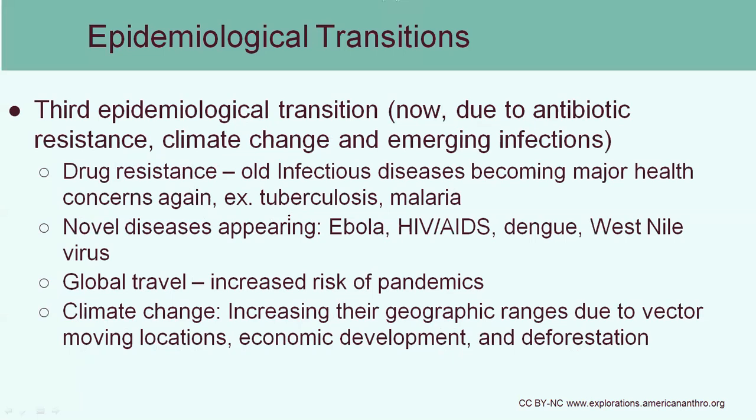The third epidemiological transition is happening right now. And the idea is that in the early 1900s, when, for example, antibiotics were first discovered, they were very effective at killing bacteria. We also started creating vaccines, which helped prevent very infectious diseases like measles, whooping cough, polio, and the incidence of those diseases rapidly declined. So we thought we won.